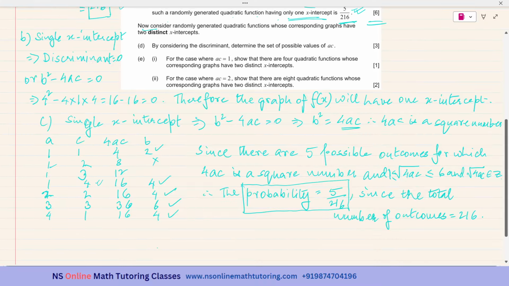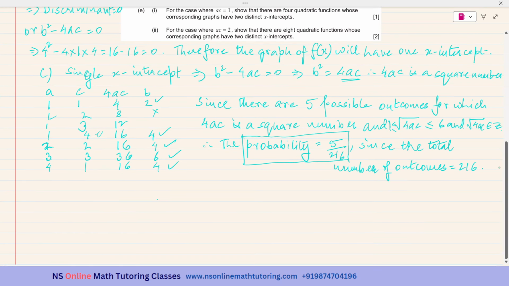Now consider randomly generated quadratic functions whose corresponding graphs have two distinct x-intercepts. That means the discriminant value should be more than 0. So, but this question is, by considering the discriminant, determine the set of possible values of AC, the product of A and C, containing 3 marks. Okay, so it is